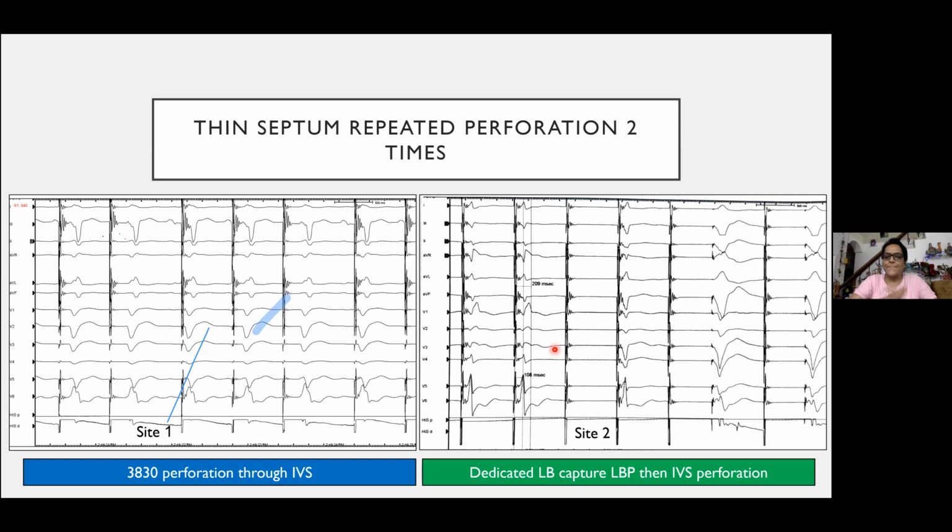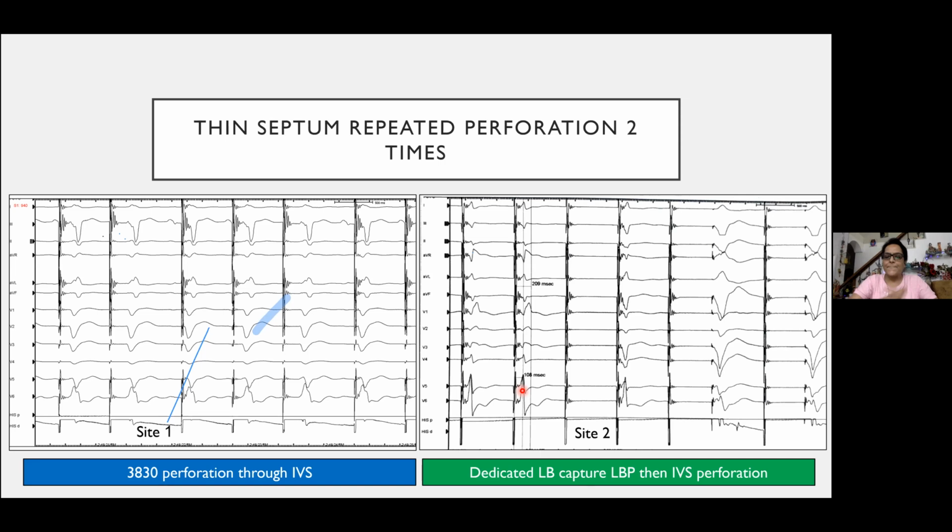And over here, I went exceedingly slow. So as you can see, I'm dedicatedly capturing the left bundle. And how you can see that is when I'm capturing the left bundle, I'm getting a complete RBBB. And you are getting a local V. In this patient, I'm sorry, I'm not able to give you the EGMs. But I'm getting a separate local V. You can see there is an isoelectric interval. So this is a local V. We are capturing left bundle. From the left bundle pacing lead, we are getting a complete RBBB. And just leave it there, don't do anything, and it pops out on the left side.